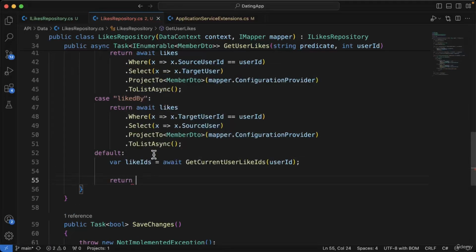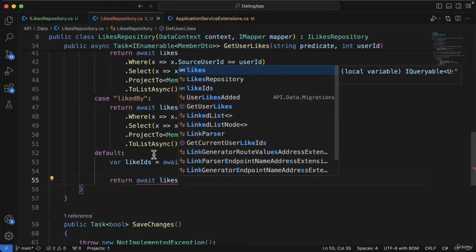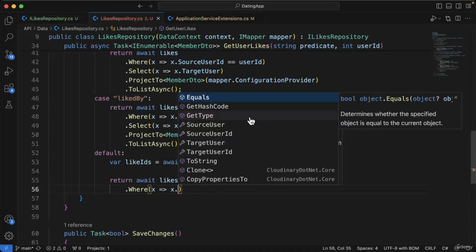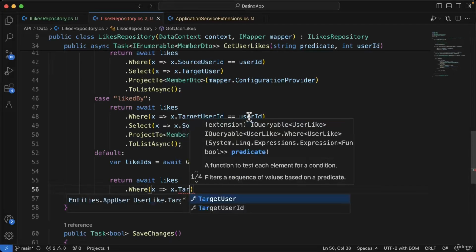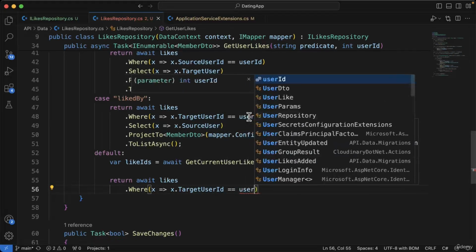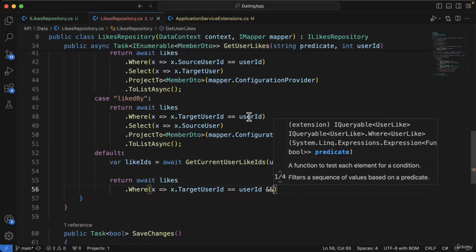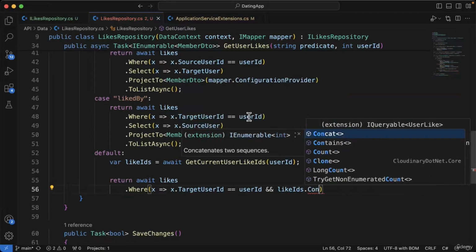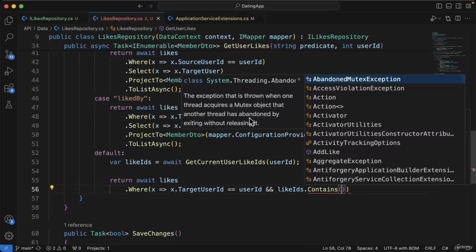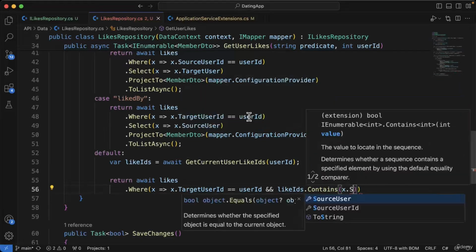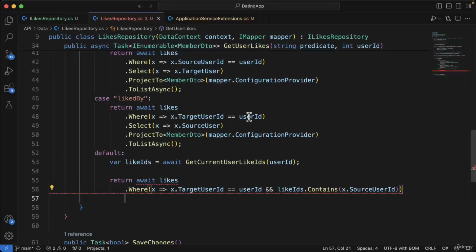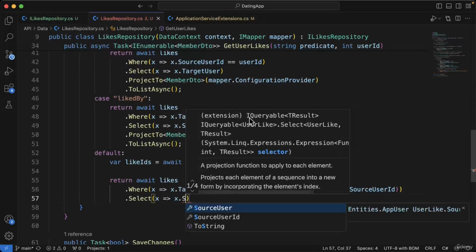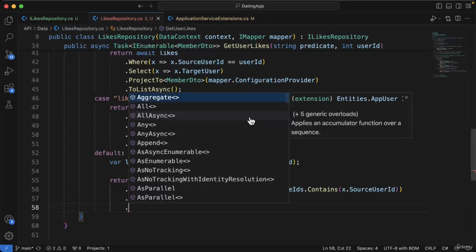And then we can return await likes, and we'll say Where x goes to x.TargetUserId is equal to the user ID, double ampersand, and then we'll say likeIds.Contains(x.SourceUserId), and we're going to select the source user, so we'll say x goes to x.SourceUser,